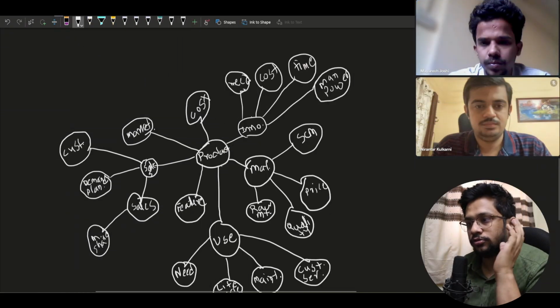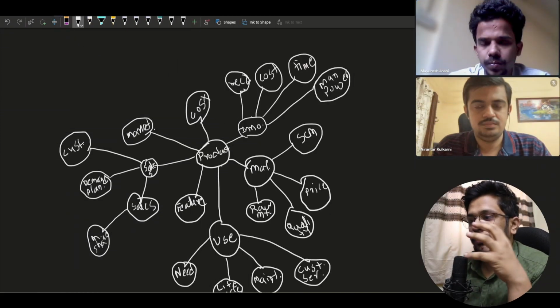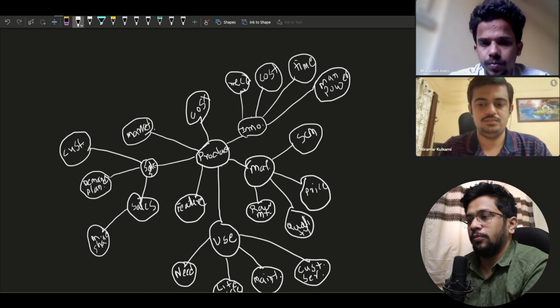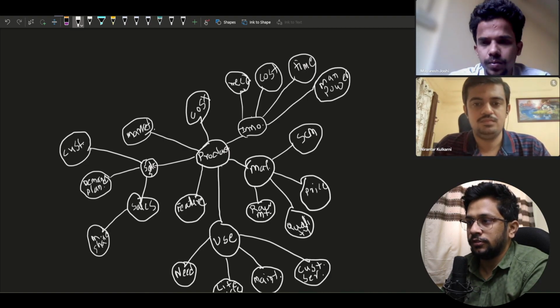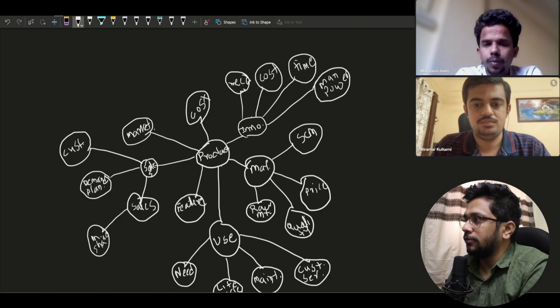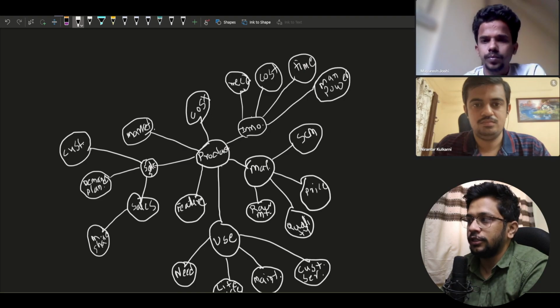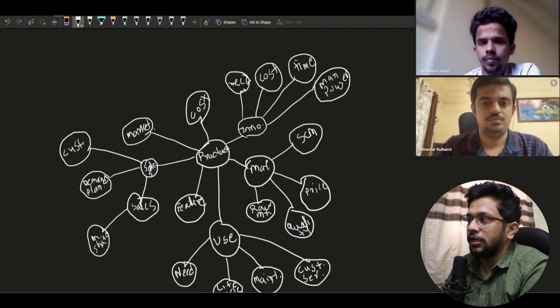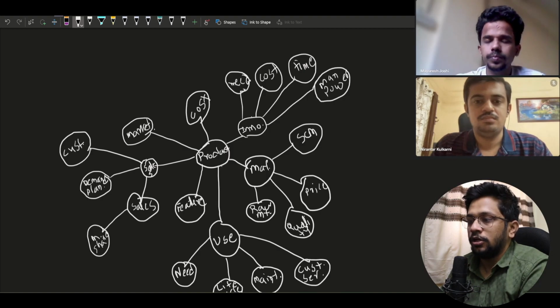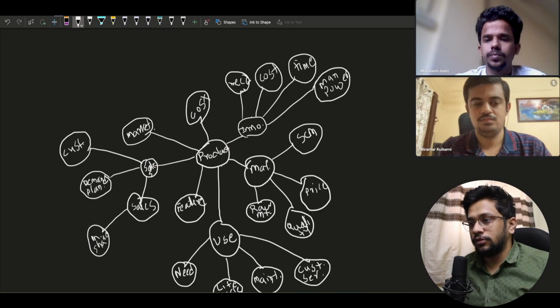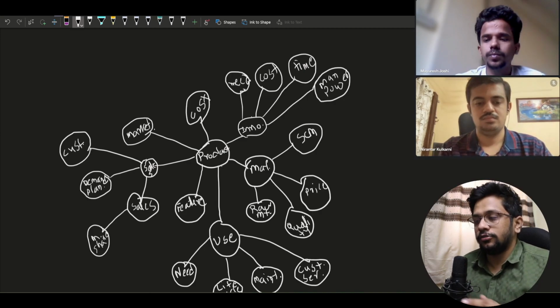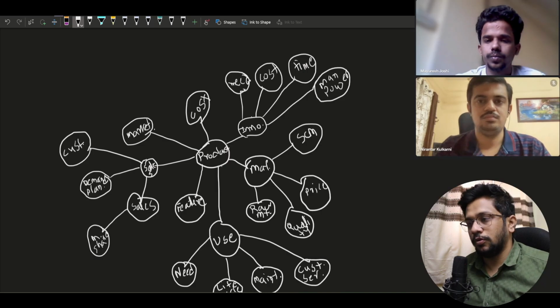So this is just to give you an idea of how you can structure thoughts around your problem. For example, if product is our problem in the business right now, we can structure thought around this, right? So product can have problems in innovation, manufacturing, use, features, sales, then marketing, right? So everything has its own problems. So if you have to think structurally, you have to figure out layers of your problems.